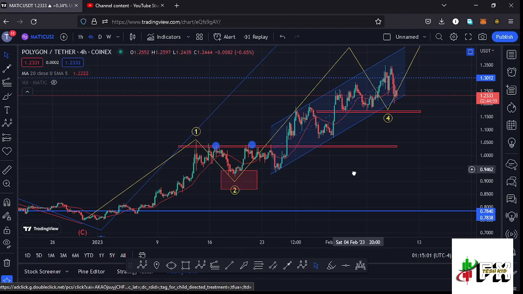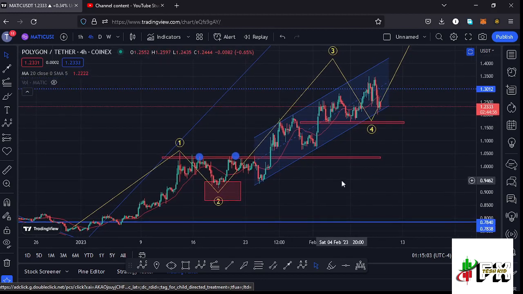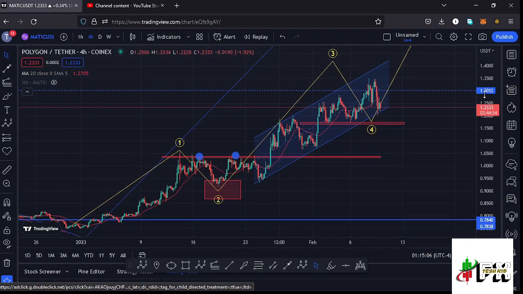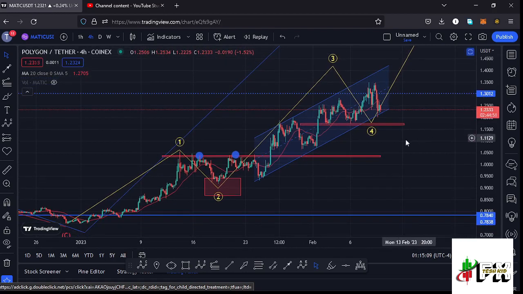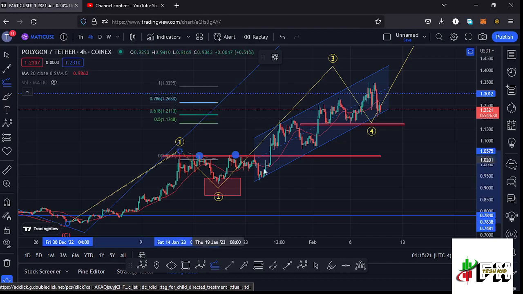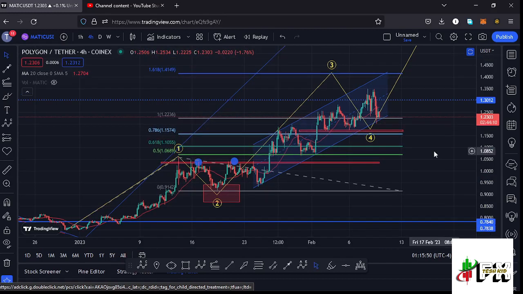And after seeing the low for that second wave, whatever we expected next is a bounce to the upside in the formation of this wave 3, and I believe this is what is playing out. I'm sketching out a minimum target area to the upside in the formation of that wave 3 by connecting the trend-based Fibonacci from the low of the first wave to the high of that wave 1, then dragging the fibs to the low of the second wave. That gives me a minimum target area to the upside in the formation of that wave 3 at the fib level 1.618, and that is at around the $1.41149 mark,